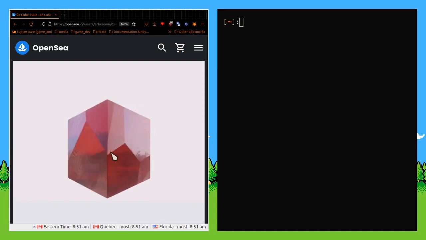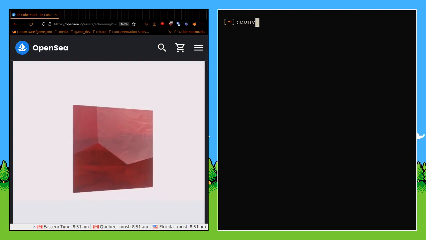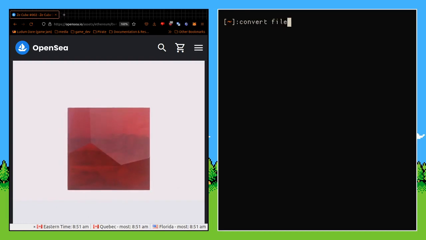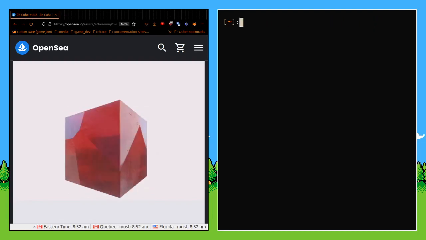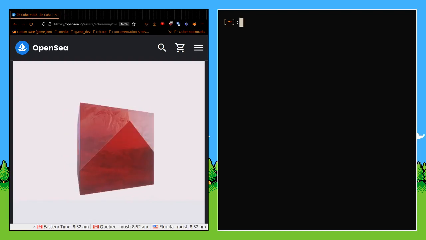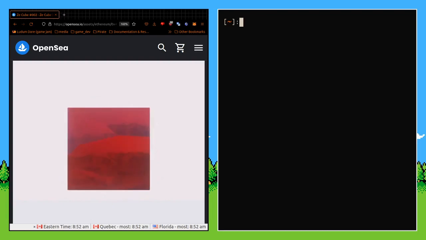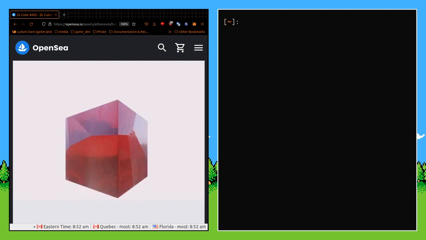So I use this small Linux CLI program called ImageMagick, which comes with the command convert, and you can type convert your file.png, and then you can say, for example, invert to invert the colors if you wanted to, and then you type the output.png. That's basically how ImageMagick works. Of course, you should read the documentation if you're going to use it to know, first of all, there are multiple versions of ImageMagick, how to use your version, because it may have been updated, and also basically to know what you can do with it and how you can use it.